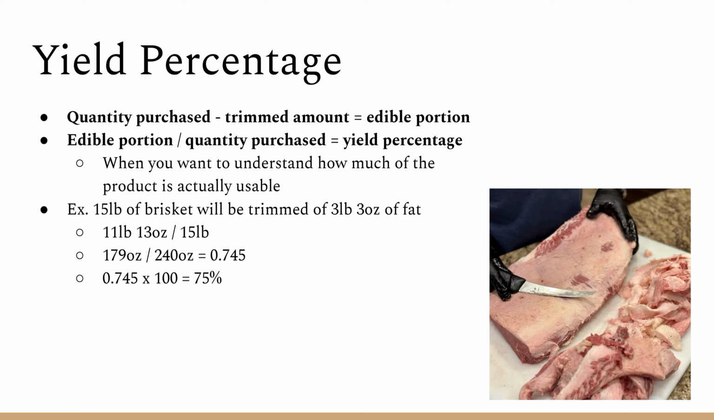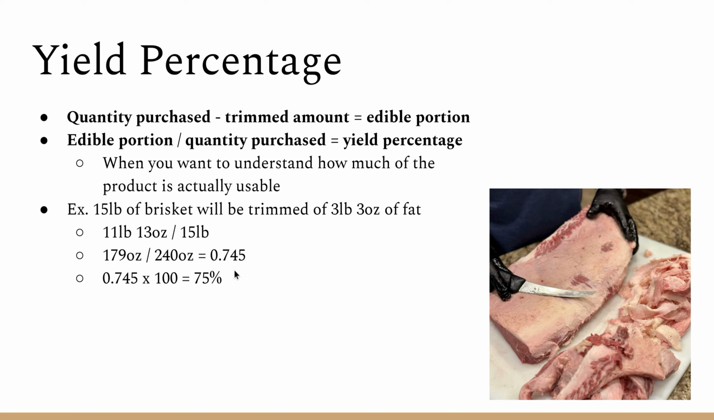We need to work with the smallest unit that they have in common, which is ounces. So I'm going to take 11 pounds times by 16 because there are 16 ounces in a pound, plus that extra 13 ounces here, and that brought me to 179. 15 times by 16 is 240, so now we can go ahead and move forward with our equation. 179 ounces divided by 240 ounces gave us